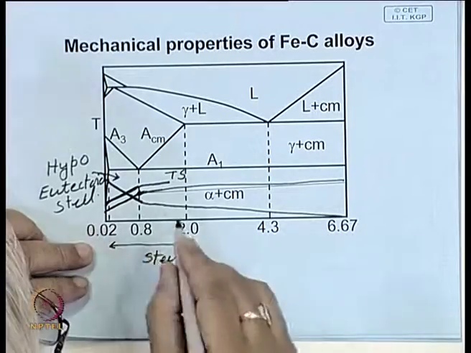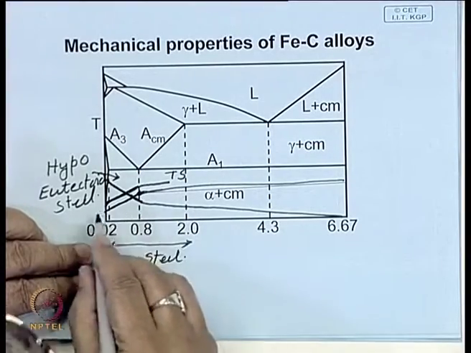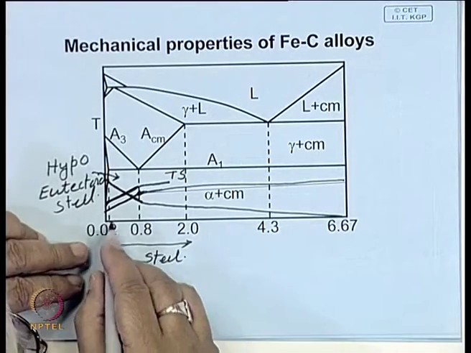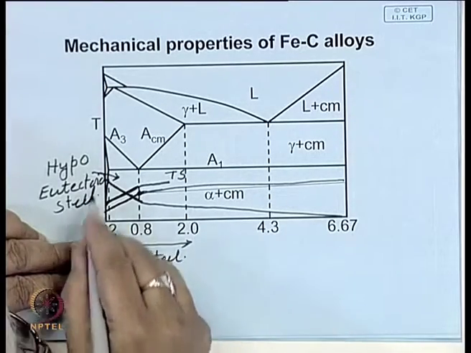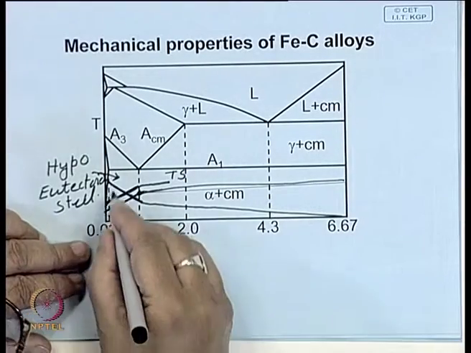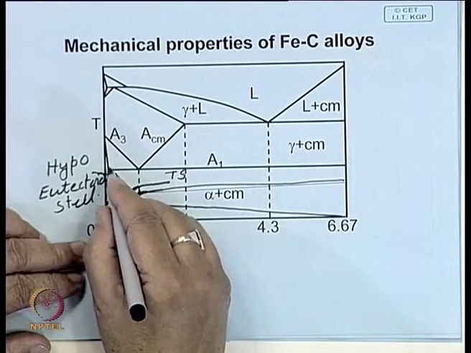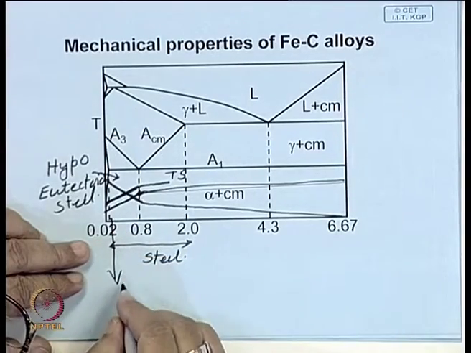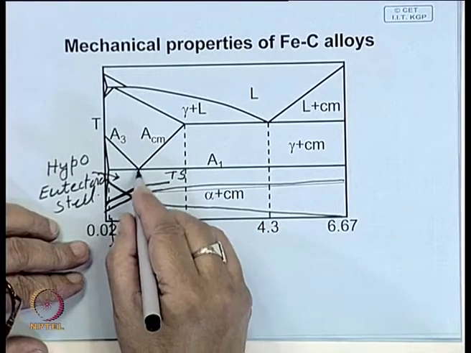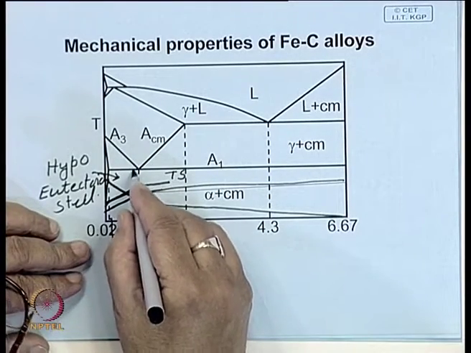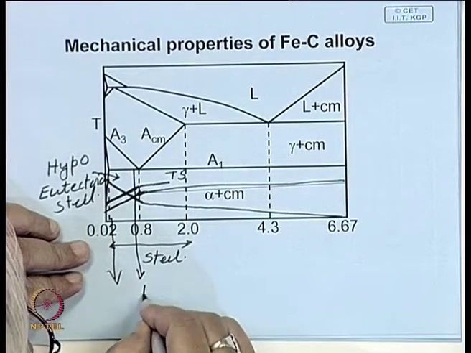So, carbon is the alloy element which controls the properties of steel to a great extent, and the bulk of the steel for most applications like car body are very low carbon steel, almost close to this end, which will be mostly ferrite, little pearlite, and you have rails, and these are medium carbon steel, say maybe 0.6, 0.7, this is the rail steel,